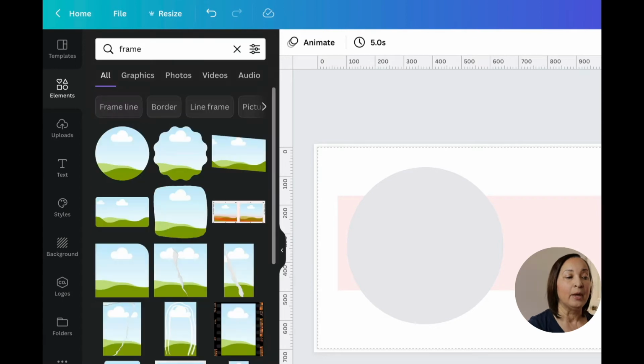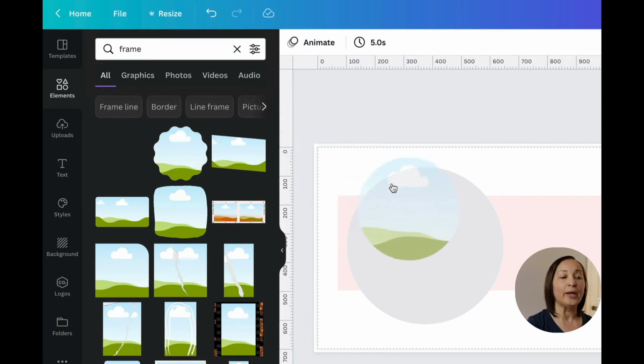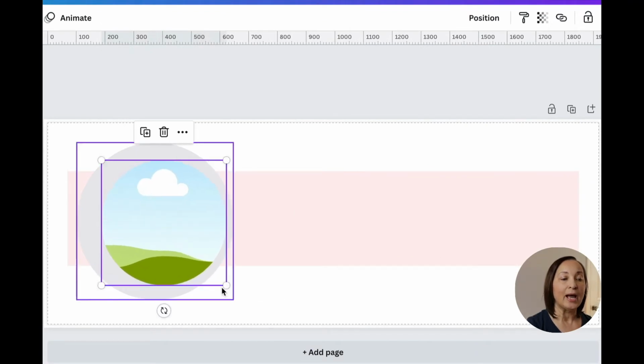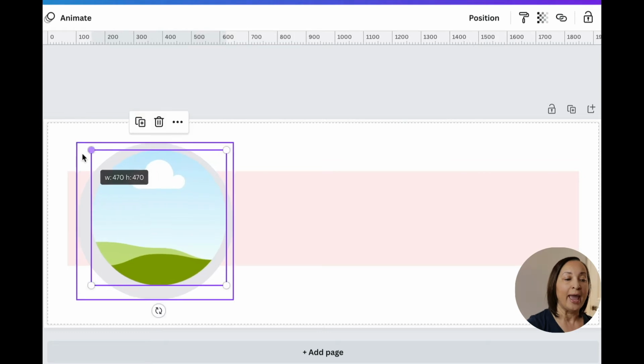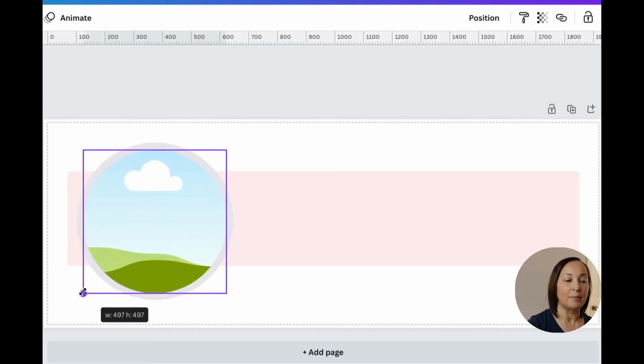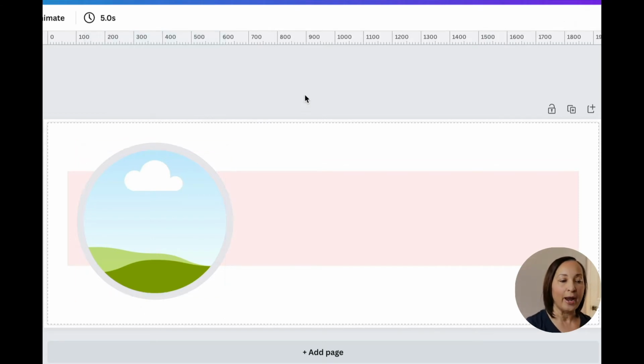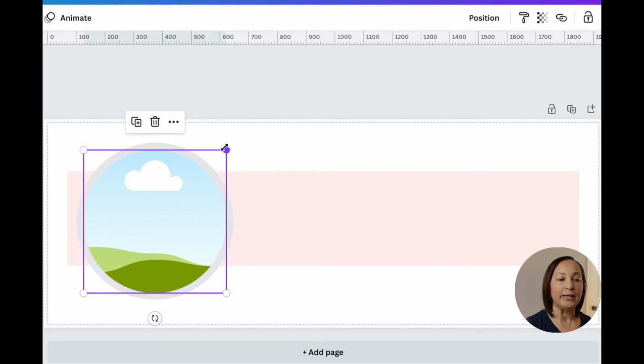We're going to come back over to the search bar, and now we're going to type in frame. Now, frames are going to allow you to add your pictures in, and they will be the same size as the frame that we choose. We're going to be choosing the circle frame, and that's right here. So we're going to grab that and drag it over onto our canvas, and I want it to be almost the size of the circle that we have, in my case, it's in platinum, but not quite as large. So you can see now the picture frame that we're going to be using is sitting there on top.